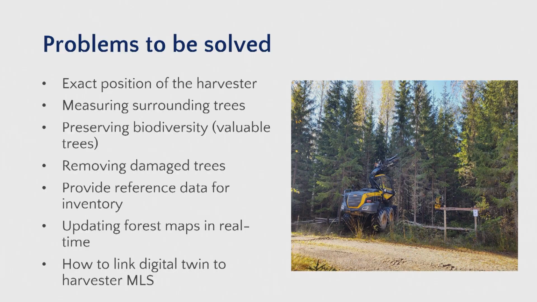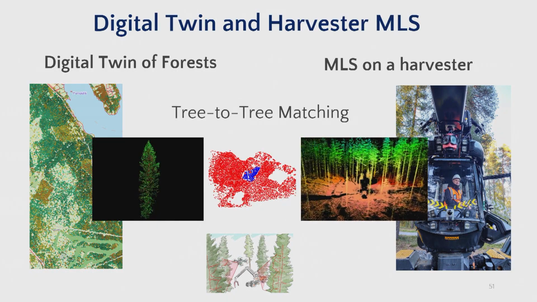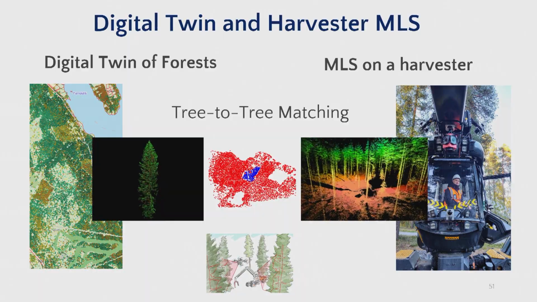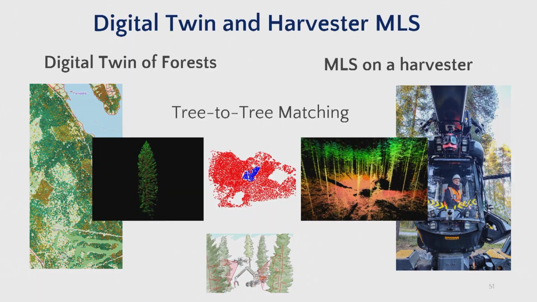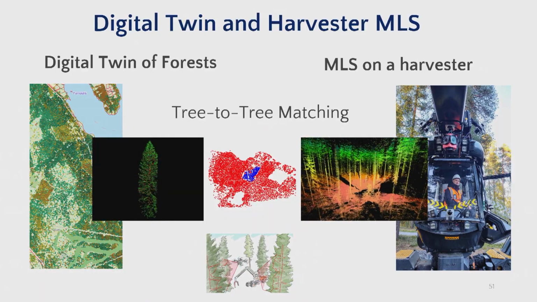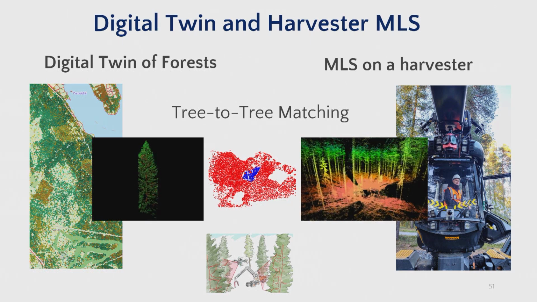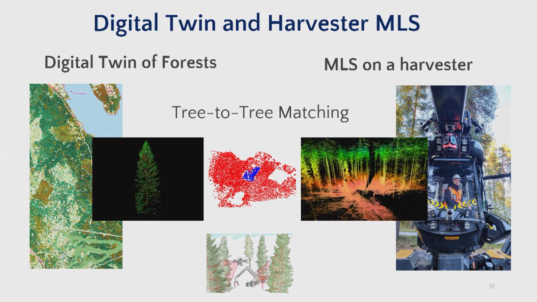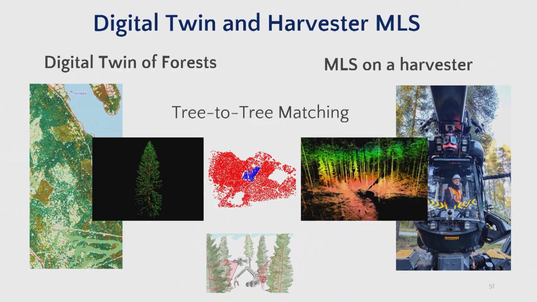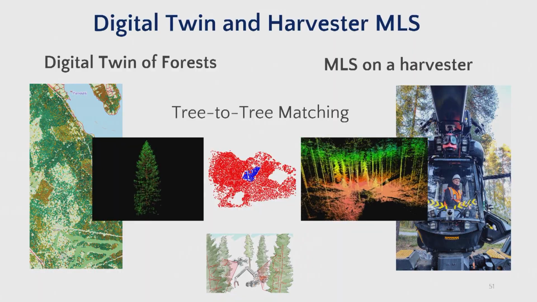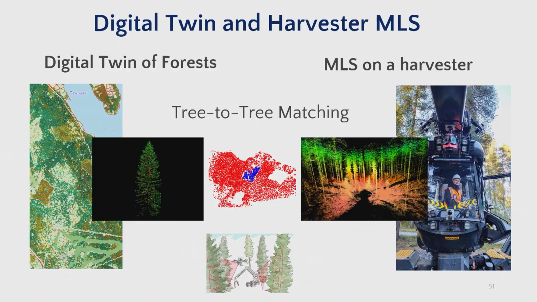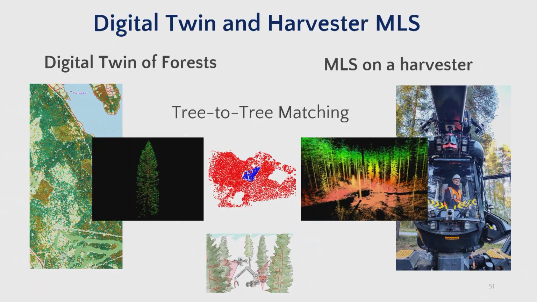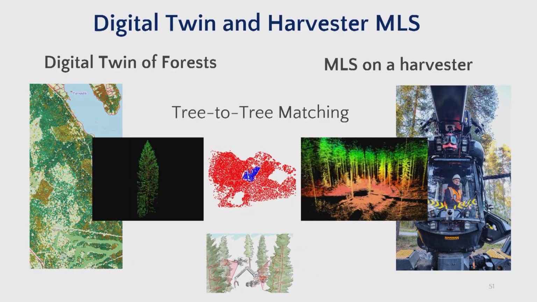But how to do this? This is the concept I'm working on: you have a digital twin of the forest. It's like our Metsäkanta, or likely even better. It can also be done by handheld laser scanning or whatever you like. And then you have a mobile LiDAR on the harvester, which makes it in real time. And in between you have this kind of 3D-to-3D matching. And this 3D-to-3D matching is like a double system for getting the position, but it also reduces the bias